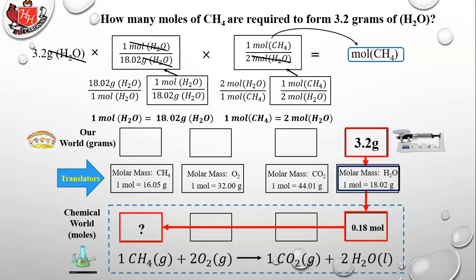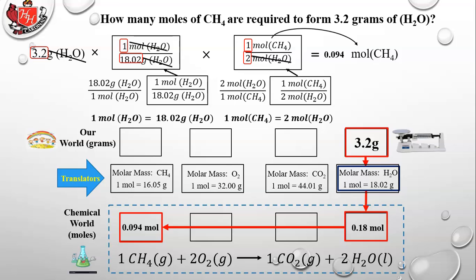So now we're going to go ahead and multiply everything on the top. So here we go. 3.2 times 1 times 1, and then you divide by everything on the bottom. Divided by 18.02 divided by 2. And after you do that on your calculator, you get a final answer of 0.094 moles of CH4. So that's how many moles of CH4 you need to produce 3.2 grams of H2O. And if you want, down in the graphic organizer down below, we're going to write that answer for the question mark. We're going to replace the question mark, and that's our final answer,